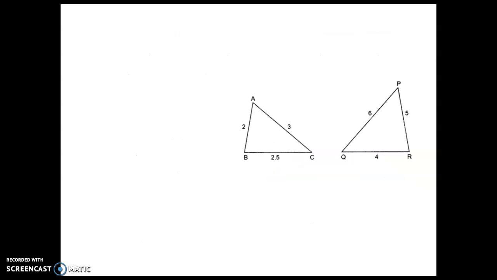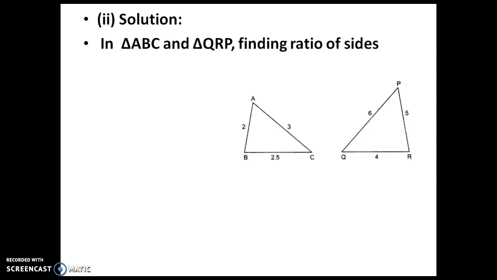So we'll move to the second diagram. This is the given diagram. With this we have to check whether the triangles are similar or not. So triangle ABC and QRP. Here you may think like PQR, with P on top, A on top. But in order to show similarity, we have to check the ratio of the sides. Suppose 3 is here, 6 is here. So 3 by 6 is 1 by 2. Then 2 is here, 4 is here. Then also you will get 1 by 2.